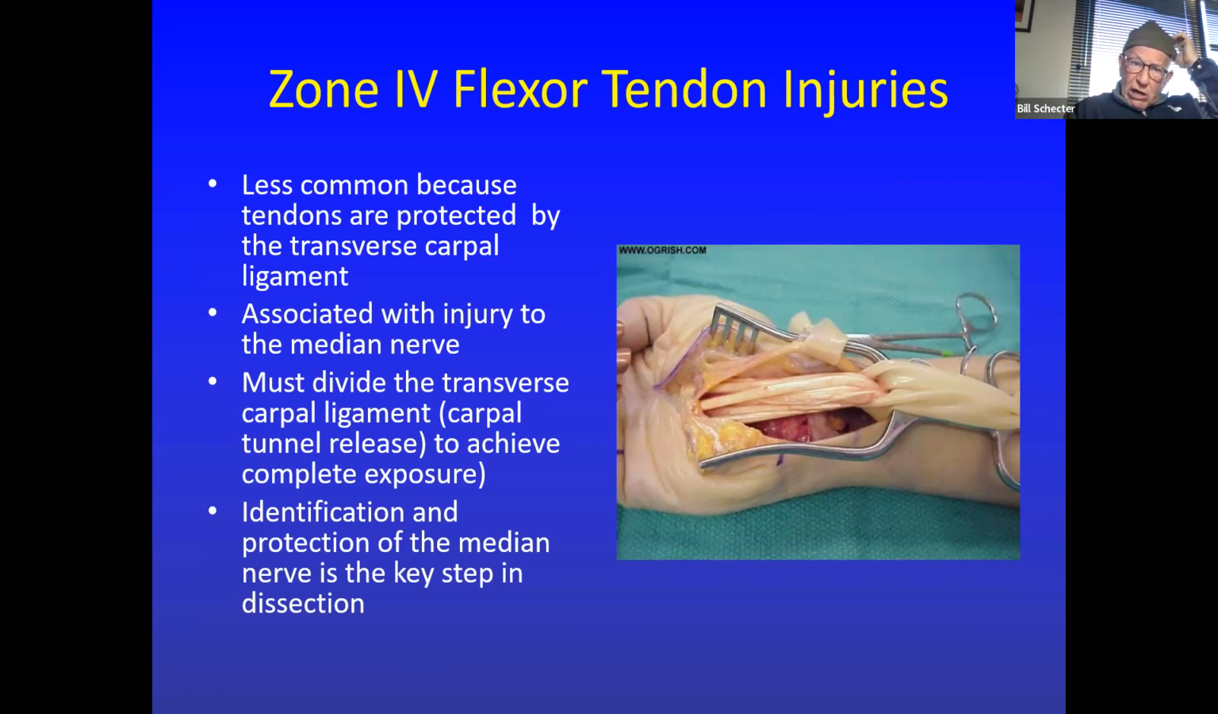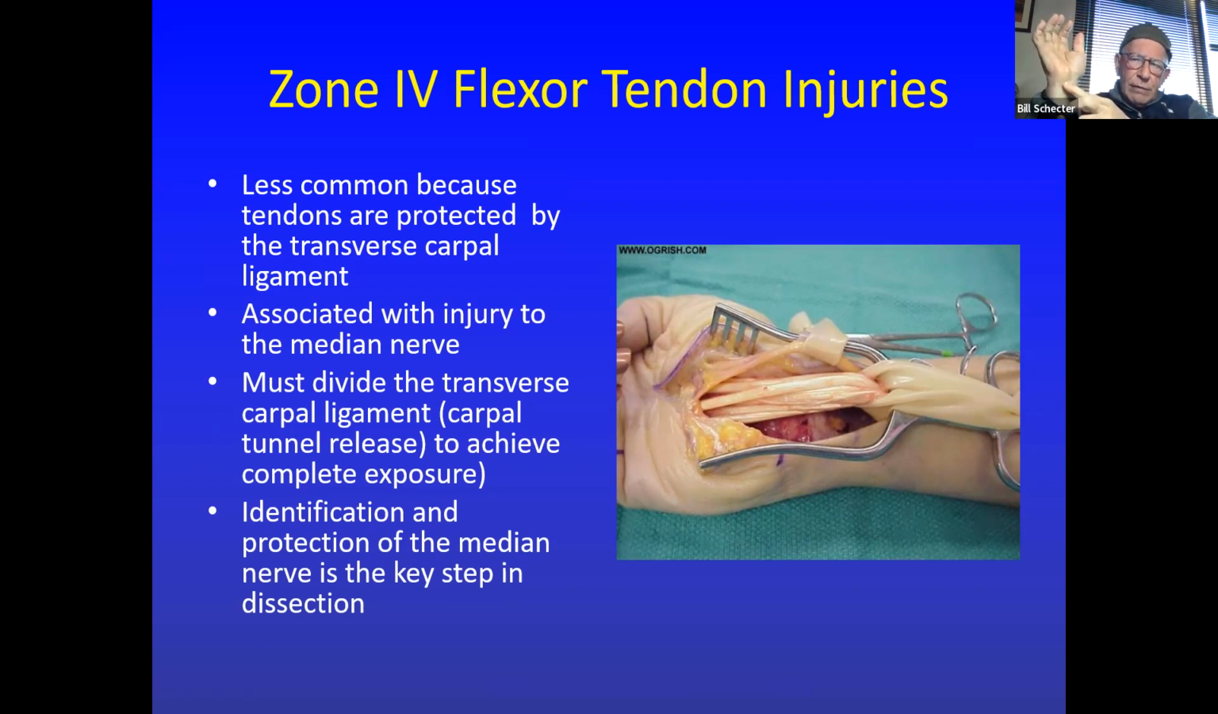So in order to deal with a zone 4 flexor tendon injury, you must complete the division of the transverse carpal ligament. And there's a good way to do it that I learned early on in my training from my two mentors, one of whom unfortunately just passed away last week, I'm sorry to say, at an advanced age. But what they taught me to do